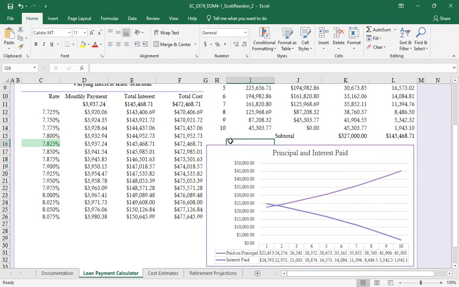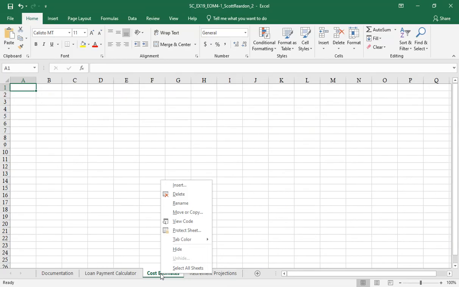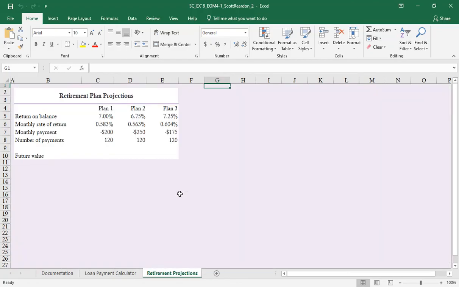Number 12, Nadia was planning to list cost estimates for hardware and software purchases on the cost estimates worksheet. That would be over here. Decided not to delete the cost estimates worksheet. Right-click on cost estimates worksheet and goodbye, delete. Make sure you click on cost estimates worksheet. Okay. Go to the retirement planning projections, which looks like I already did, if necessary, which compares details for 3